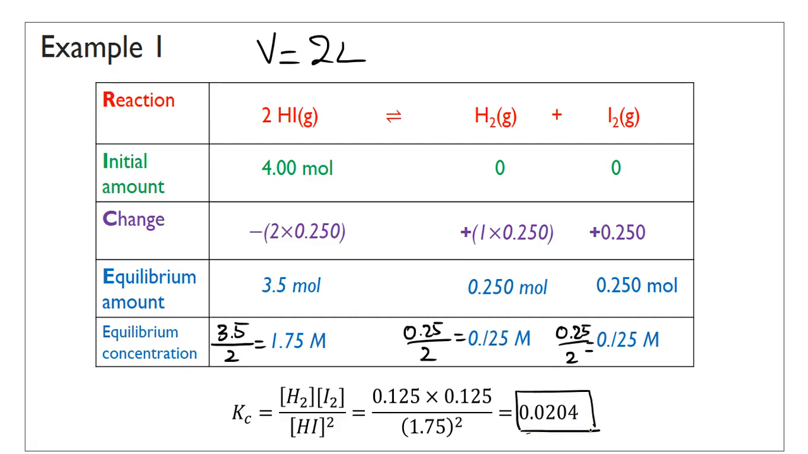The key thing here is probably the change row. You have to make sure that you obey mole ratio, and there is actually a difference in the sign. So if the products go up, the reactants have to go down, and vice versa. So that's it. That is it for the RICE box. That is example